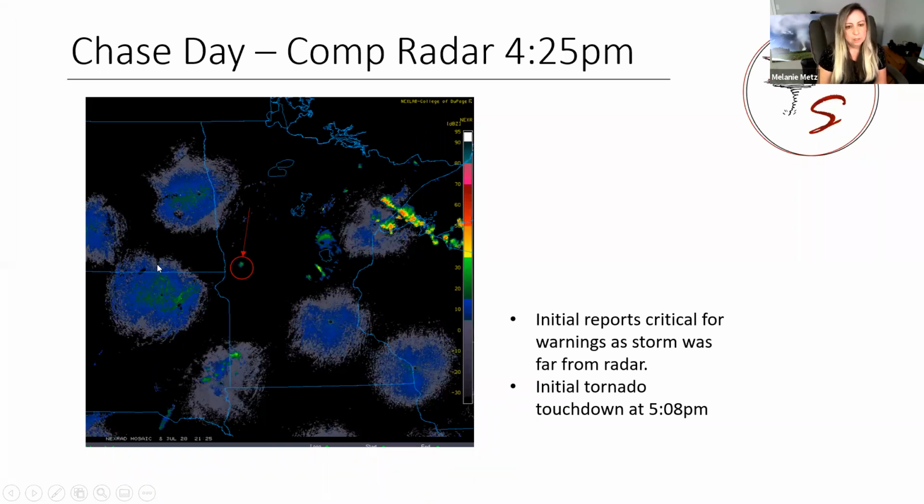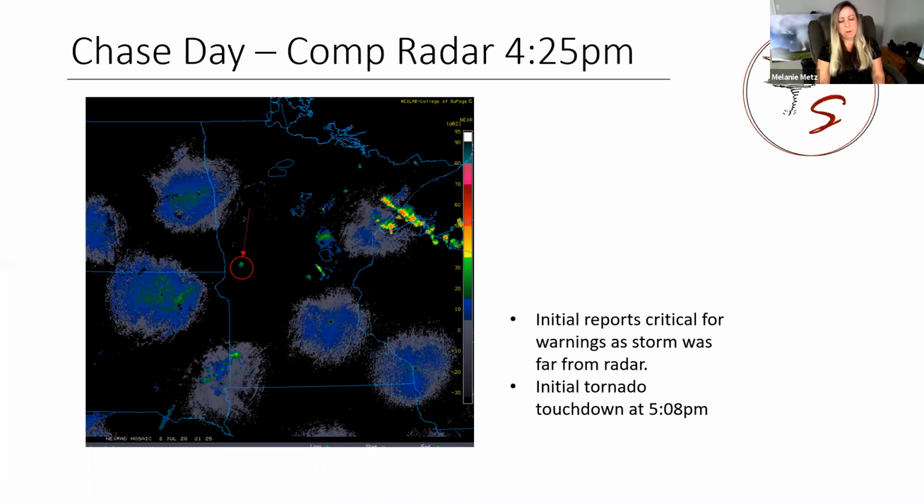These blue returns here are radar sites. So this storm actually popped up in what you'd call a radar hole. There weren't any radar sites very close to this storm. So it was harder for the National Weather Service, for meteorologists, to be able to read what is actually happening with that storm just based on radar.